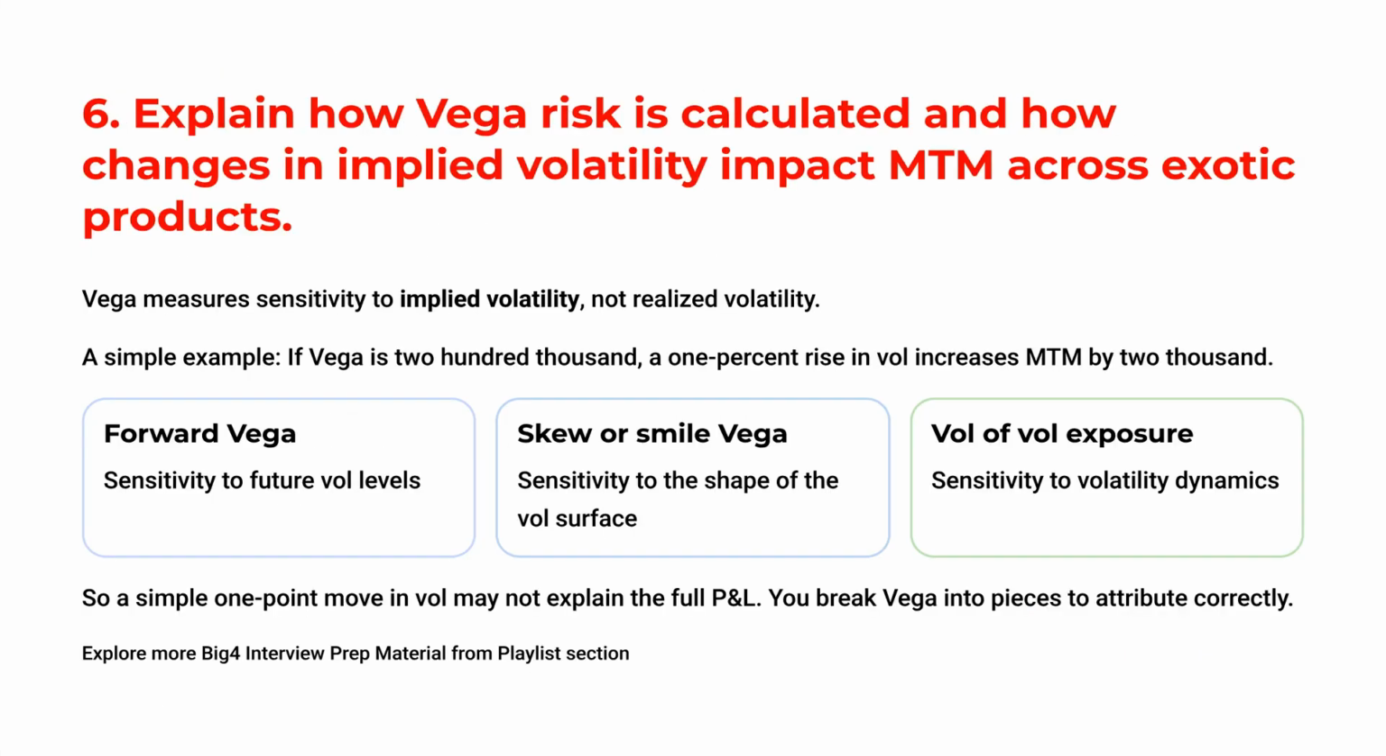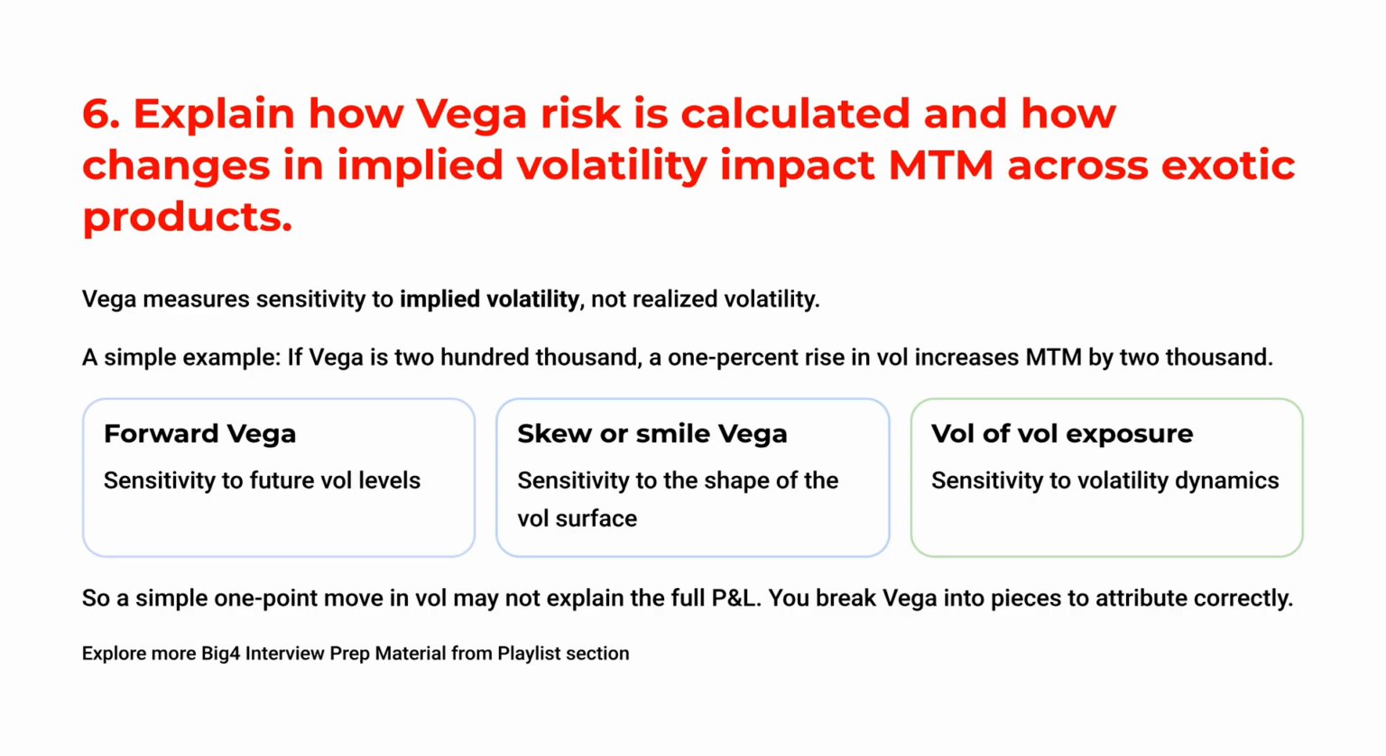Explain how Vega risk is calculated and how changes in implied volatility impact MTM across exotic products. Vega measures sensitivity to implied volatility, not realized volatility. A simple example, if Vega is 200,000, a 1% rise in vol increases MTM by 2,000. For exotics, Vega is more complex. They may have forward Vega, sensitivity to future vol levels, skew or smile Vega, sensitivity to the shape of the